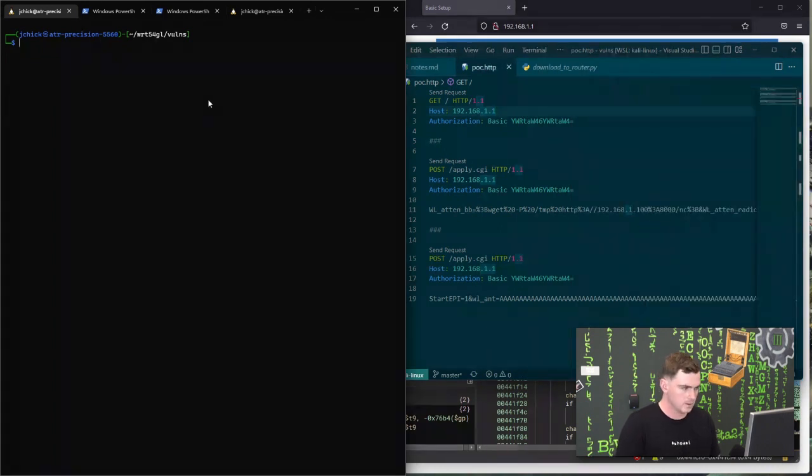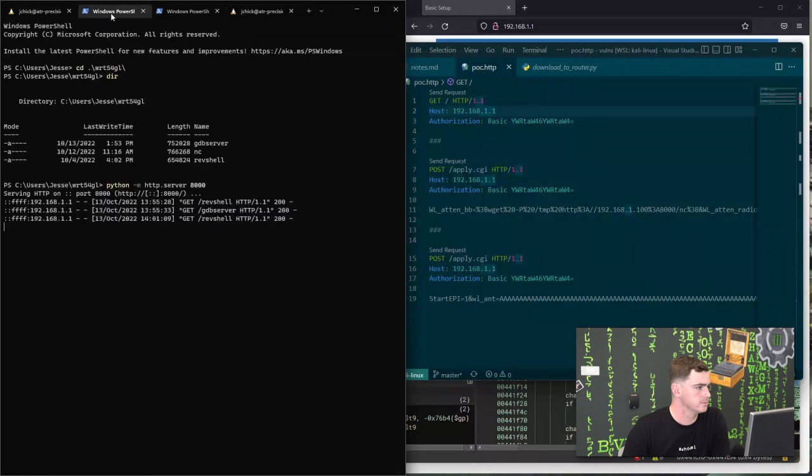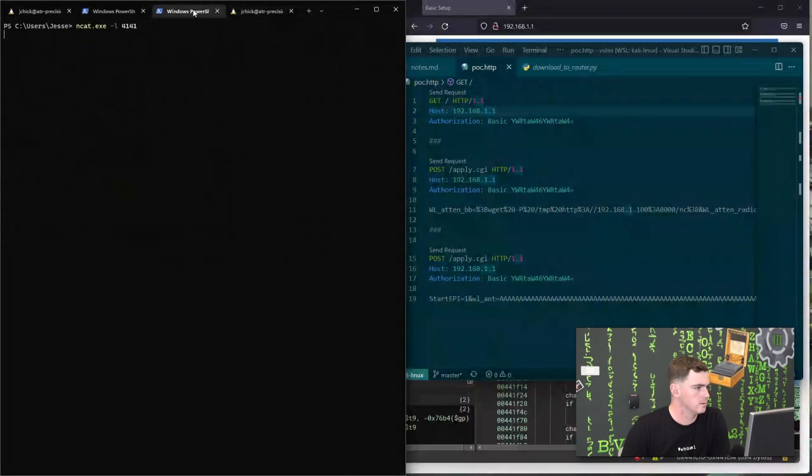Yep, there we go. Oh, but GDB is going to be gone. Download that guy again. So there it is, and we've got our reverse shell again. Okay, so first thing I'm going to do is kill off HTTPD. Just stop the process. We're going to try to use GDB